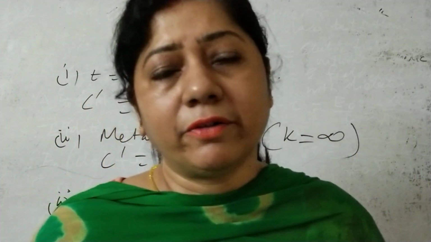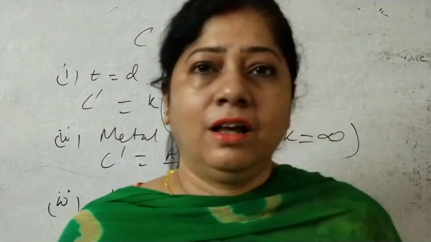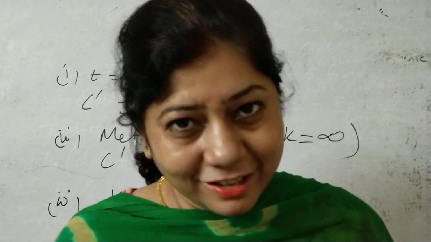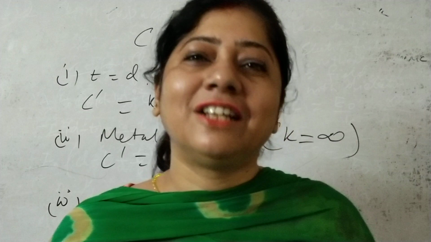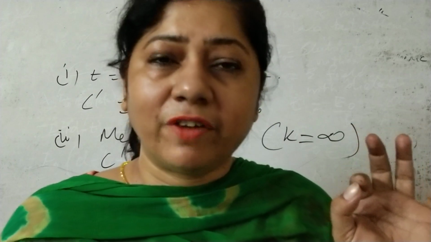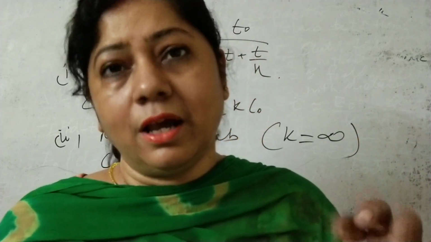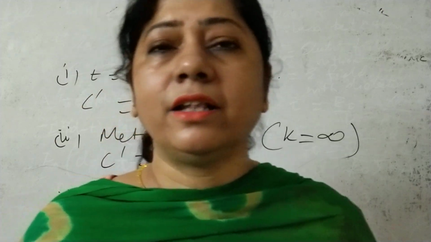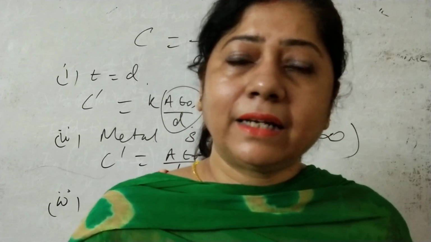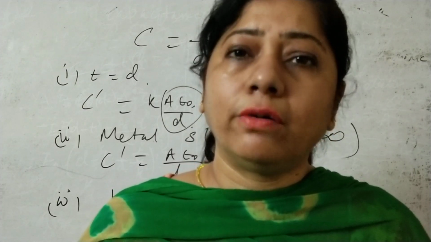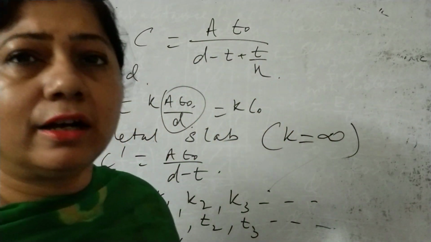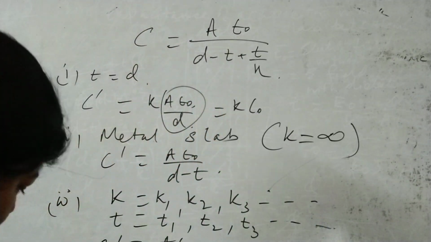Now a very important thing that I would like to discuss here: we have seen that when you introduce a dielectric, the electric field is decreased, and at the same time the potential is also decreased. So when you introduce a dielectric, the electric field is reduced by a factor K, and the potential is reduced by a factor K. But we have a very important case. Generally in competitive examinations you are asked how the capacitance will change and how the potential energy will change if the battery is connected, and if it is disconnected. So let us see in fractions of a second how things are changing.